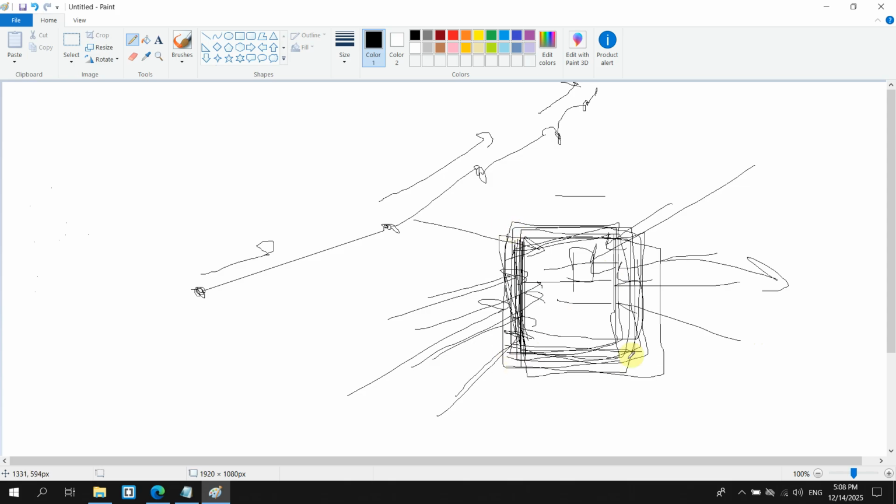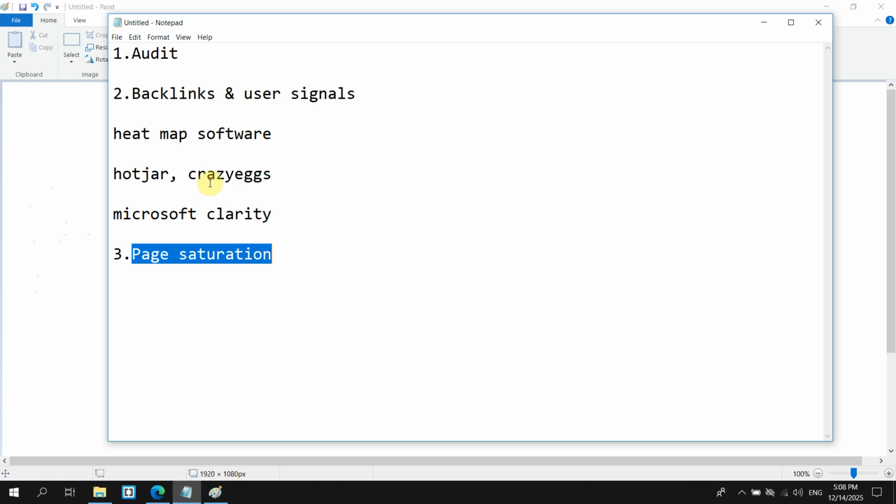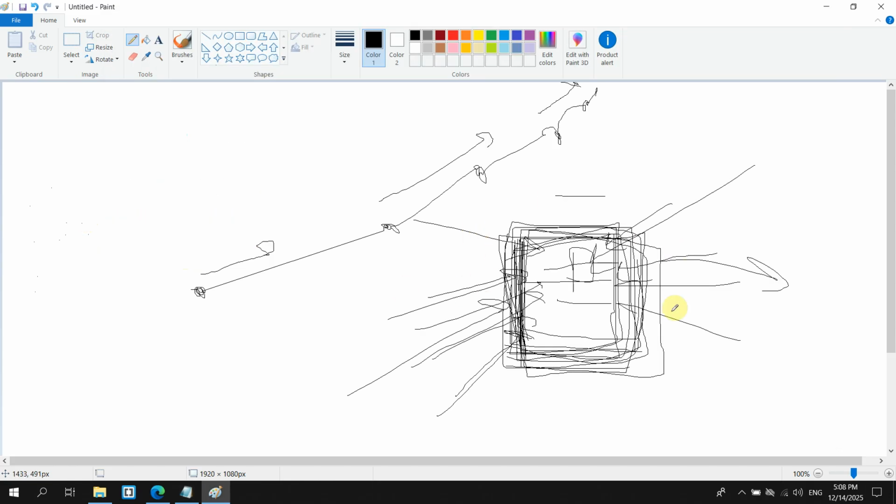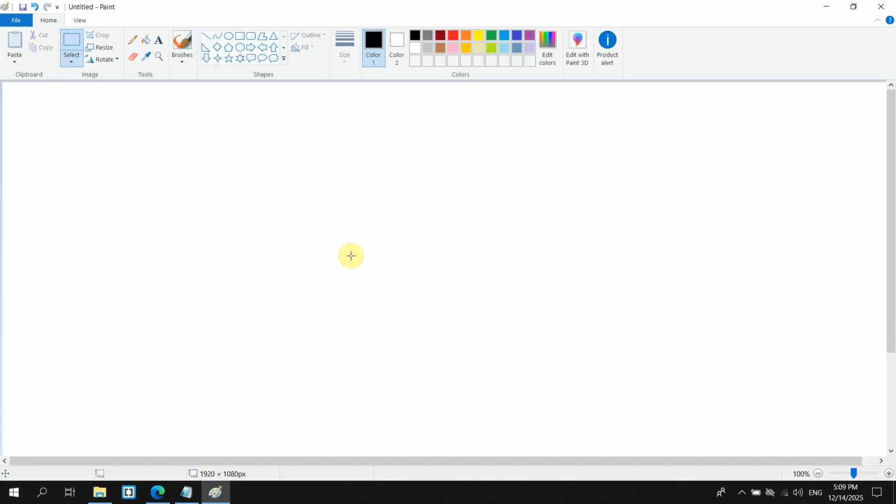Now, if whatever you have done to that page still doesn't move, then you might be facing this page saturation problem. What I mean by this is, based on my experience, I've seen that for each and every page there seems to be a certain limit you can do SEO to that page before it stops moving. Which means that, let's say you have done everything you could to that page and suddenly it stops moving. Then what do you do after that? What you do is you start working on other supporting pages or other top pages in your